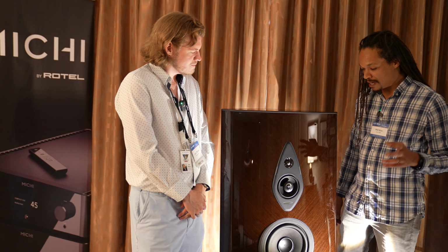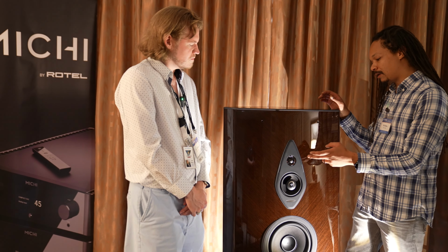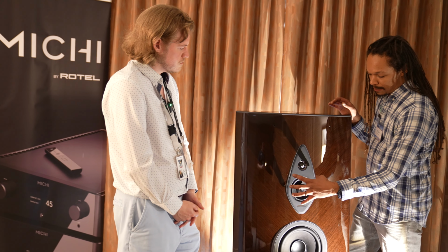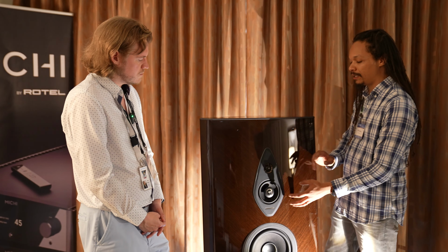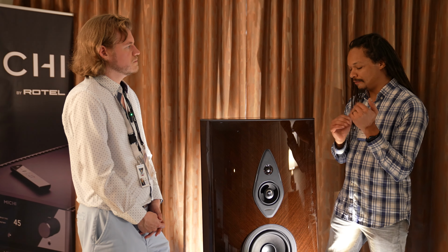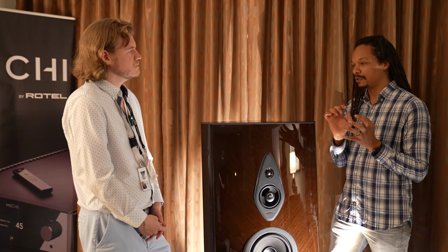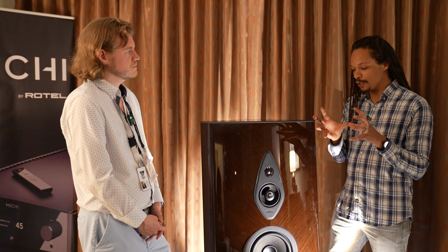As with the rest of the Homage multi-ways, we developed a new technology. This is patented. It's called Intono. Intono is essentially a way of partitioning the individual cabinets inside of the speaker that house the mid-range and tweeter with a porting system, right? During the normal run of the mid-range driver's excursion, the porting system essentially doesn't do anything, right? But with an internal cabinet, when you've got a sealed enclosure for any of the drivers,